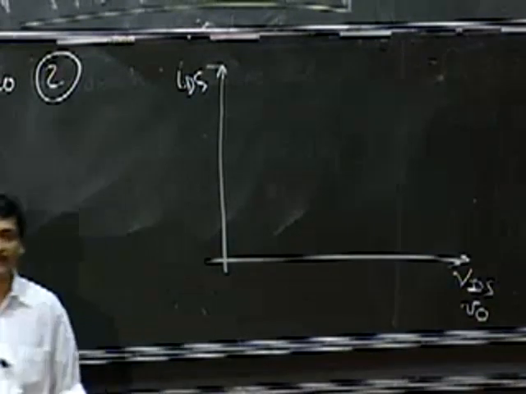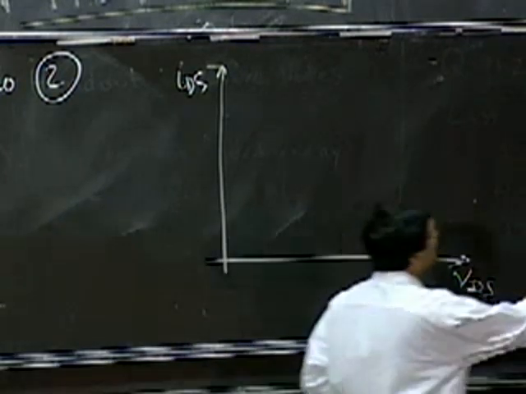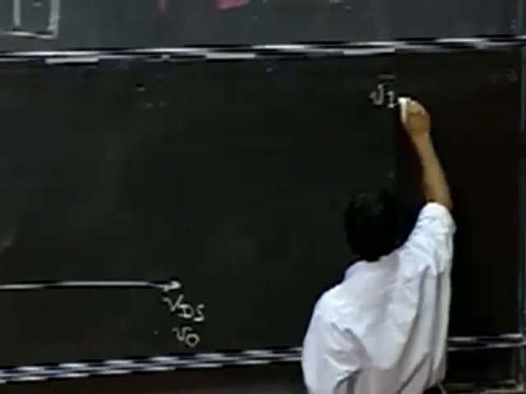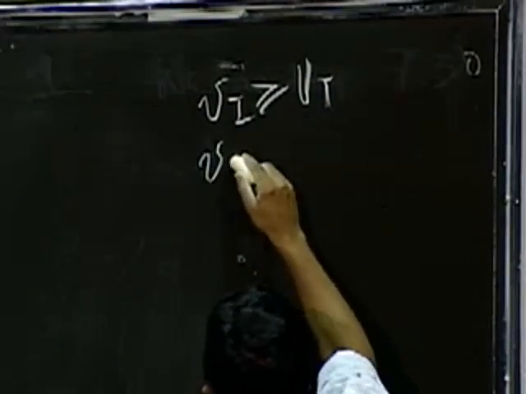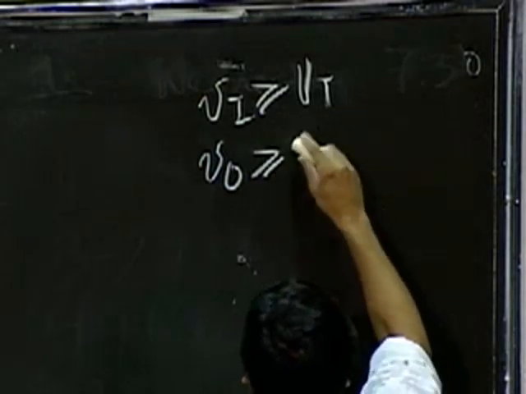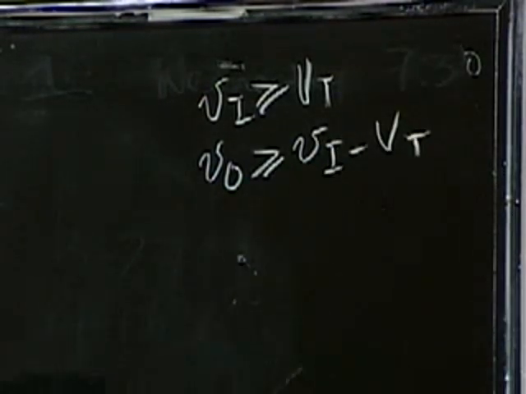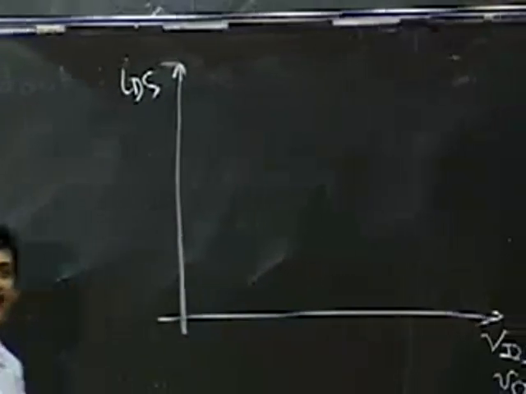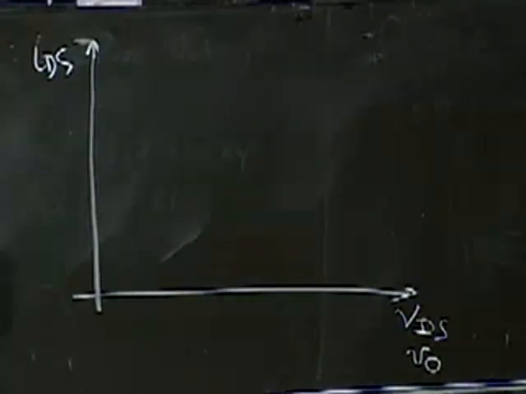which is the same as V0. Okay, this was the load line graph that we'd seen earlier. And just for our reference, remember that Vi must be greater than Vt for saturation operation. Similarly, Vo should be greater than or equal to Vi minus Vt for saturation operation. Those are my limits. So the way we got the load line graph was we superimposed the load line equation